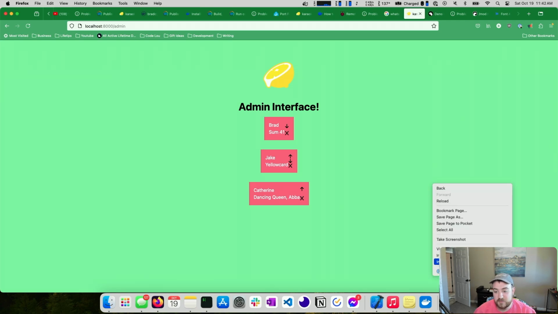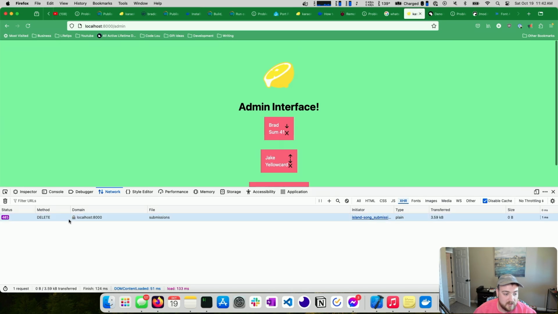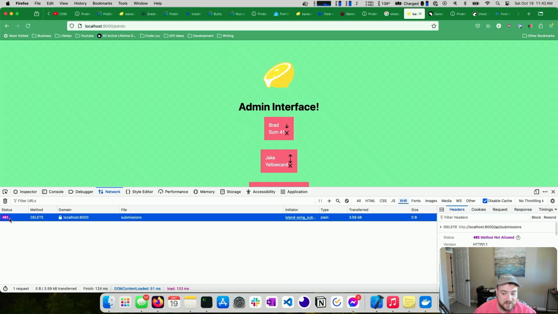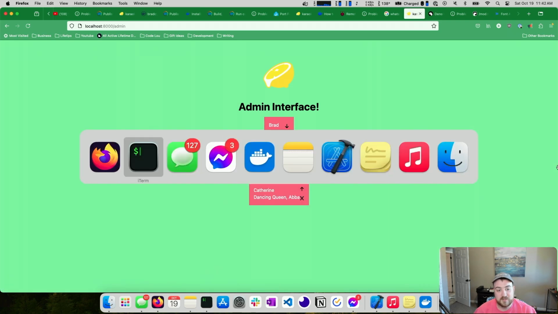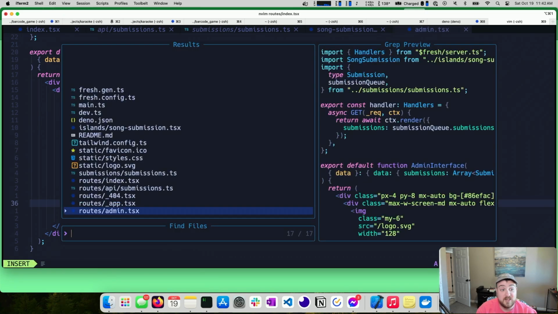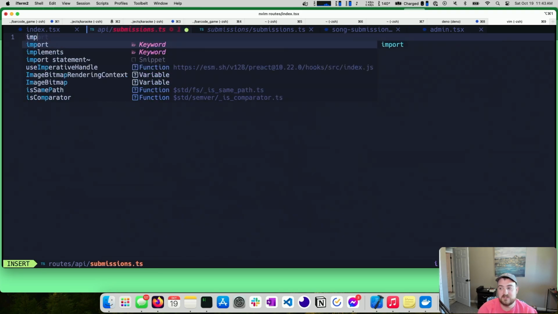In fact, I think if we take a look at the network request that we're making, yeah, 405, method not allowed. And then if we do a post, method not allowed. How do we fix that? Oh, we have to implement our routes. Don't worry, we are almost done. So if we go to our routes API submissions file, all we need to do here is import